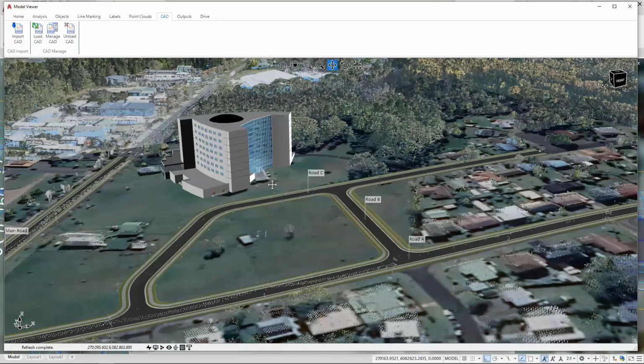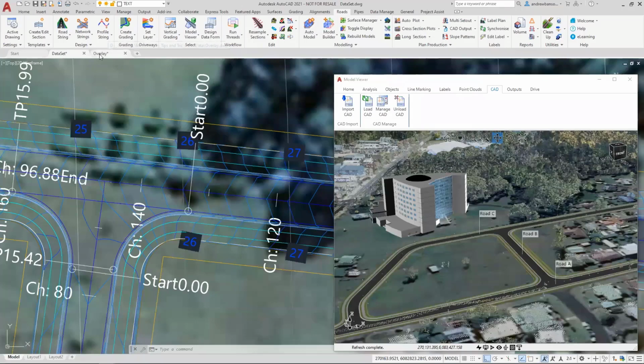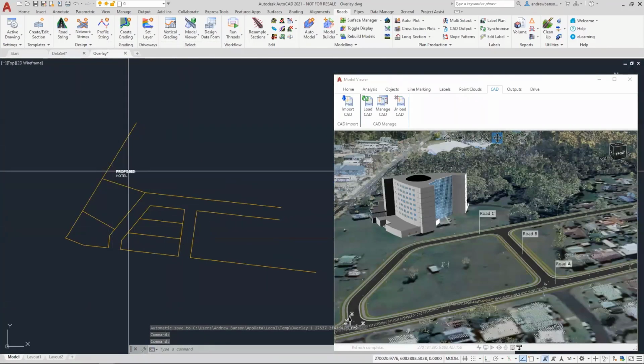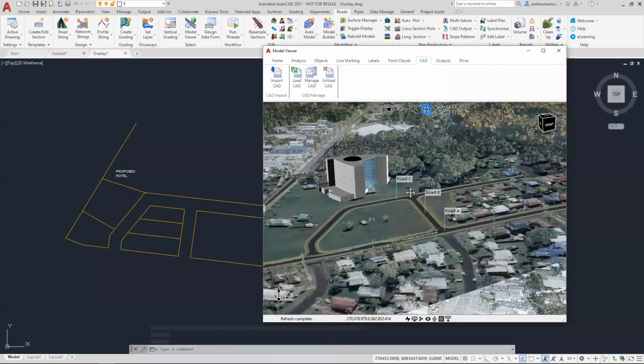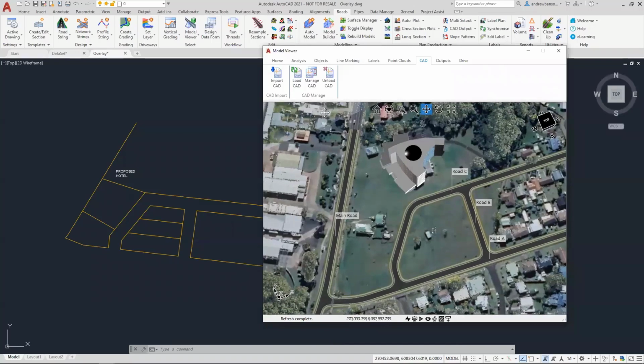You can show those solids that you've modeled in CAD by using this new CAD import. And I'll show you right at the end an example of that. Now, I have another drawing file here called overlay, and it's just some boundaries and some text. So let's change the view here a bit. What I'm going to do is click on Import CAD,